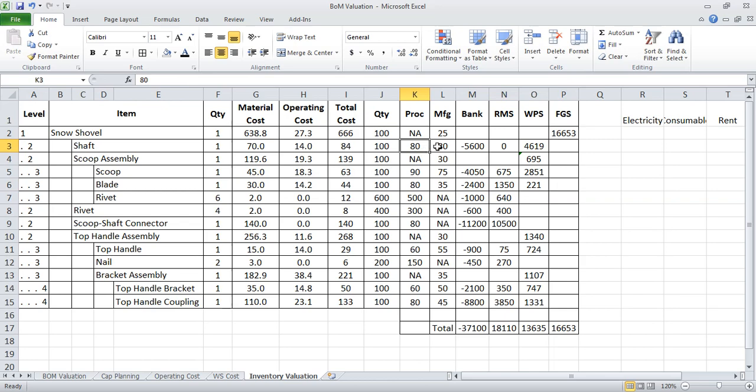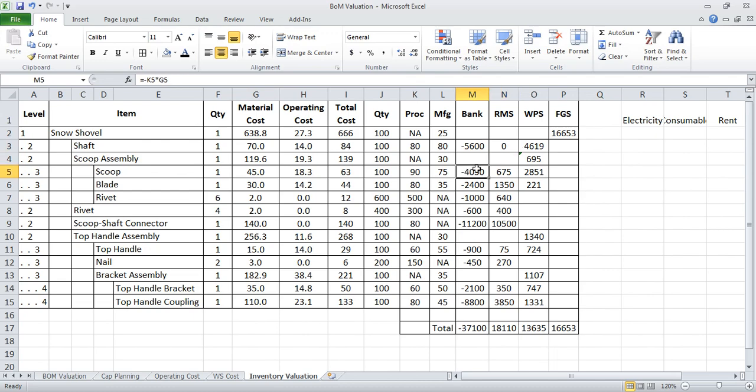And out of 80, all 80 have been brought into the work in progress. So the raw material 80 have been received, and after that, to process on that, we have removed 80 numbers from raw material store and brought it to the work in progress. So 0 items will be left in raw material. So 0 multiplied by its raw material cost, that's 70 rupees, is what we have as a 0 here.